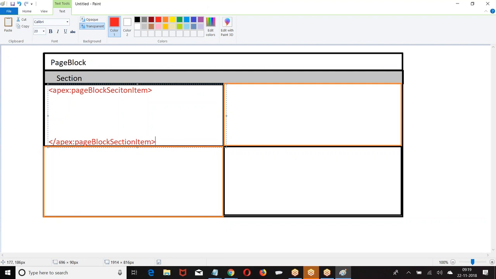Page block section item. I opened a component, I closed a component. It is called I opened, I closed. It is one component only.